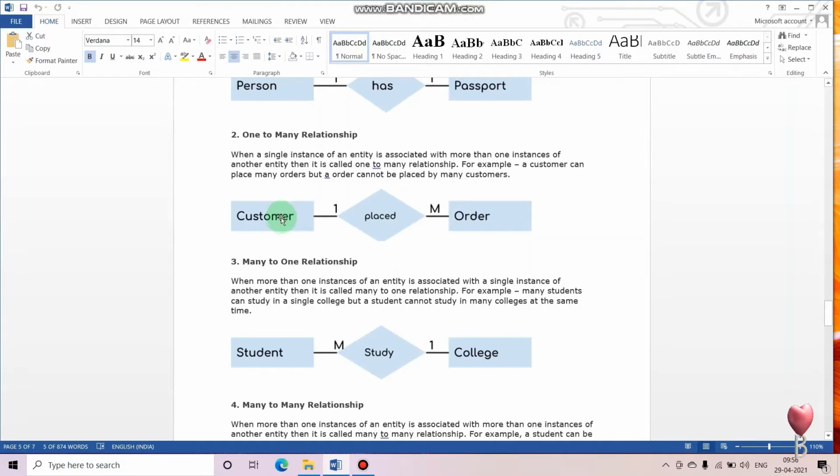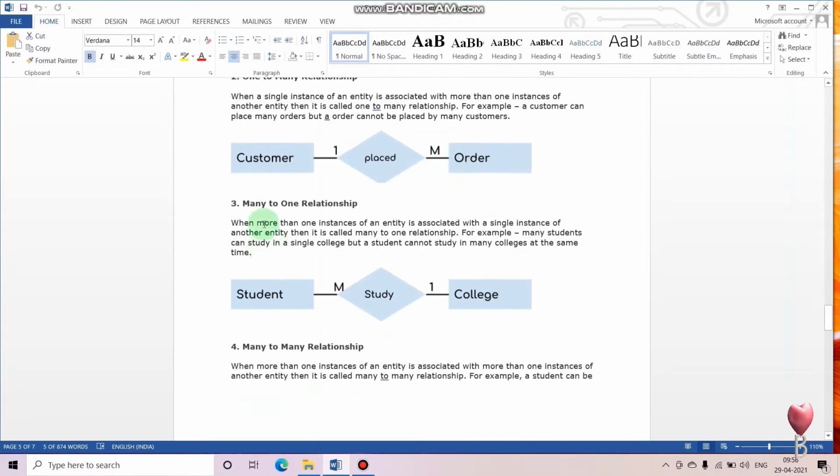Getting me? For example, let us go into the real life scenario in which you go on the websites such as Amazon, Flipkart, or something like that, and you shop something. You may place multiple orders, right? But those particular orders will be of yours only, na? Those particular orders with that specific order ID will not be placed by anyone else. It will be kept in your records, in your history of the shopping. So, in this scenario, customer and the order table has one to many relationship.